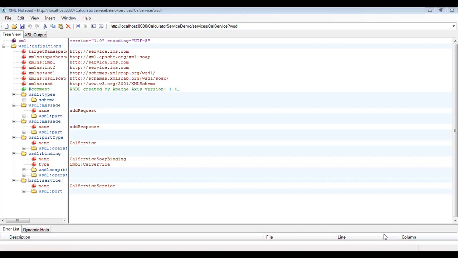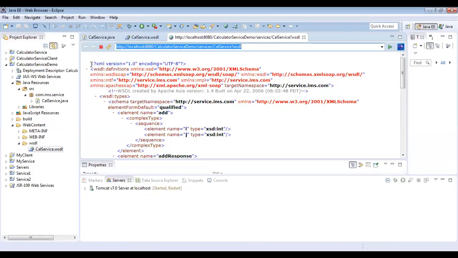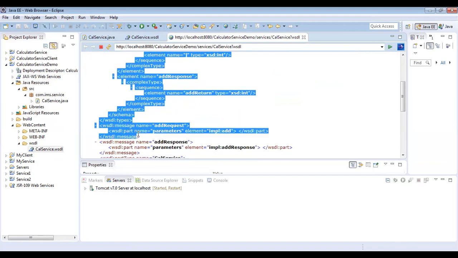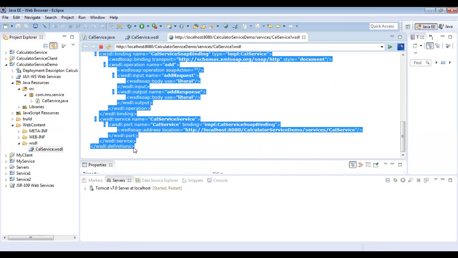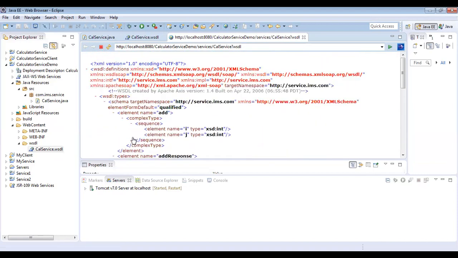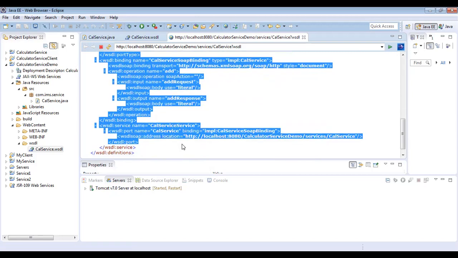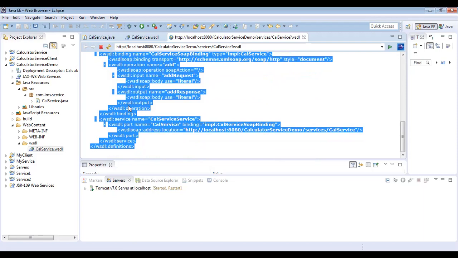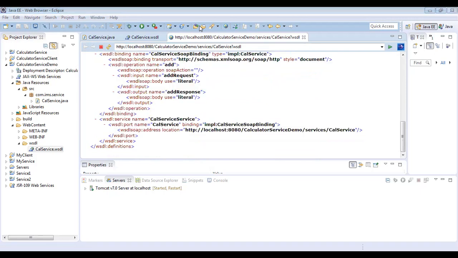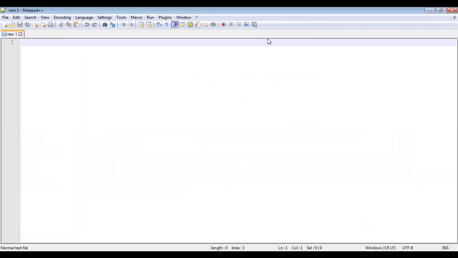So open our Java Eclipse, copy the code, and just paste the code in our Notepad++ editor.